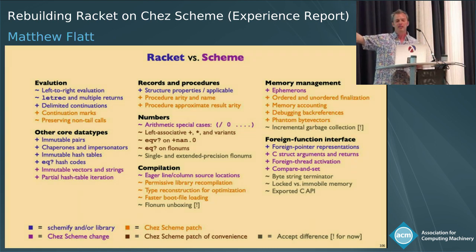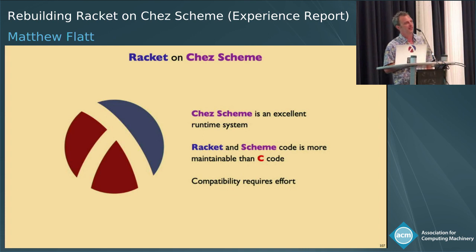So we have these good things and these bad things. The overall point is that Chez Scheme was a great starting point, and we're very comfortable modifying Chez Scheme, which just reinforces our opinion that building things in Scheme and Racket is going to work out better. You are not surprised by this conclusion, right? This is ICFP after all, but it's some extra little evidence that it does work out, and all the details